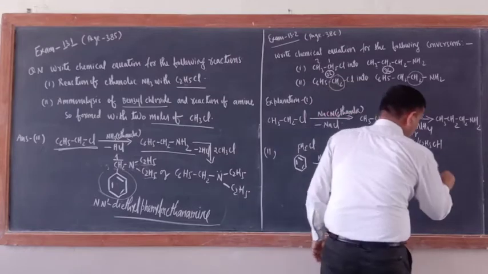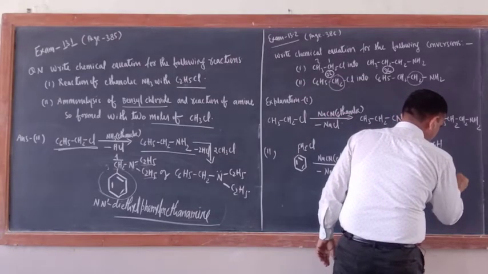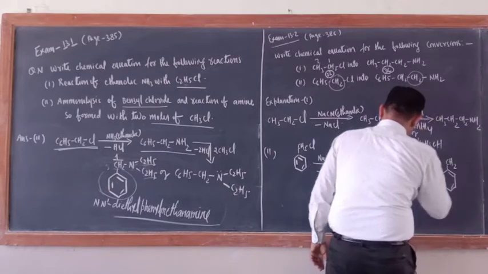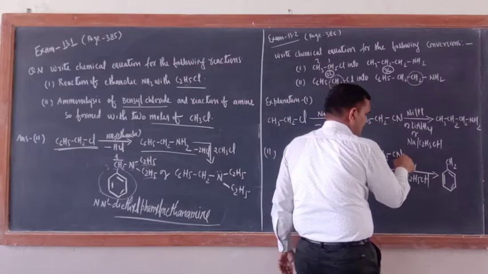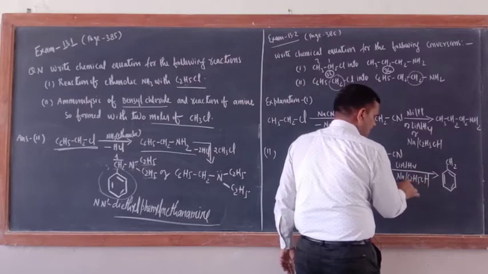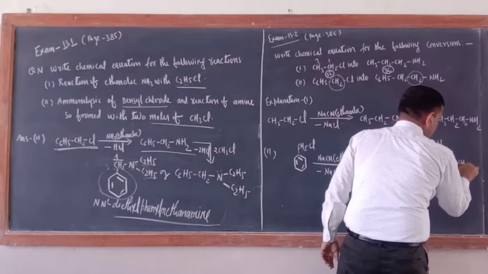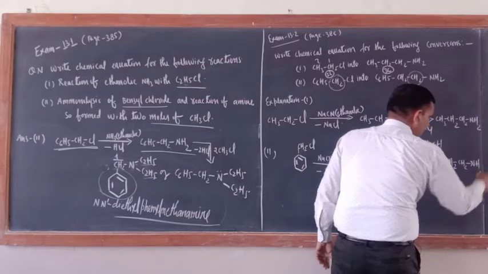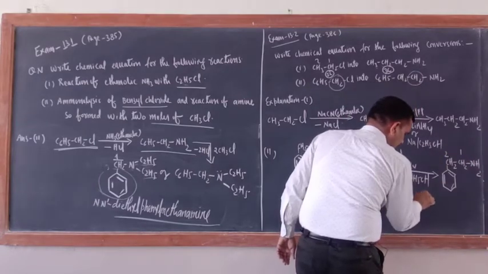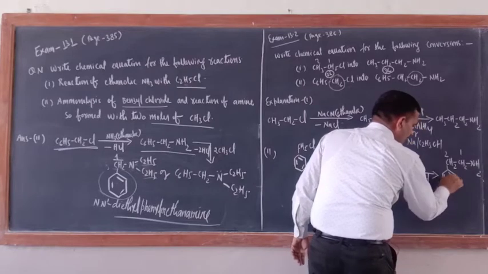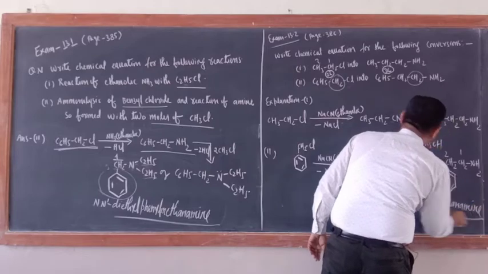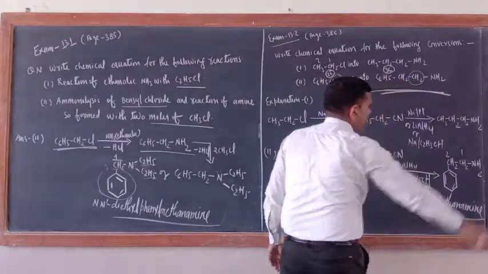Okay, so now what would be the product? Just see this, and CH2 is already there. 2H here, 2H here. Now they will react together and furnish the nascent hydrogen. So here CH2NH2. Now you can write the IUPAC name also. 1, 2. Correct? So what is the name of this one? 2-phenyl ethane amine. Now you have got this one. Just check this compound you have got.